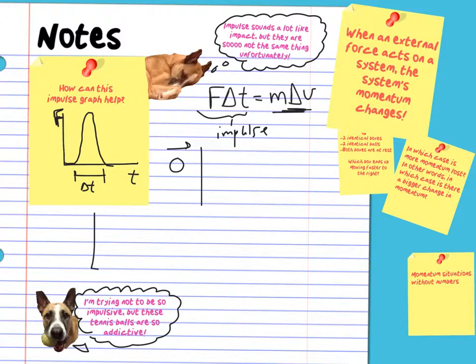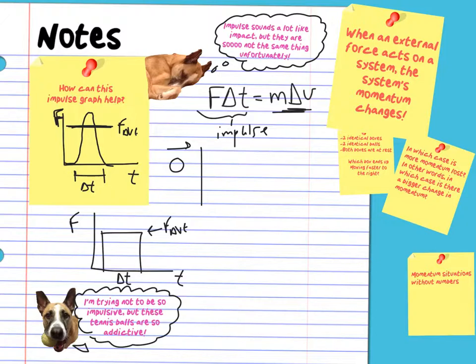I'm still going to do force versus time, and we're still going to make this a very short time interval. So delta t here is very, very short. But say we consider that this is like the average force. In a lot of your problems, they're going to tell you that you have an average force of something. They do this for a reason. An average force means that you're just taking the average. So this would be the average force if you were to average the forces out